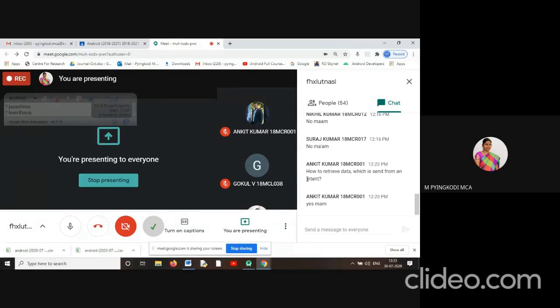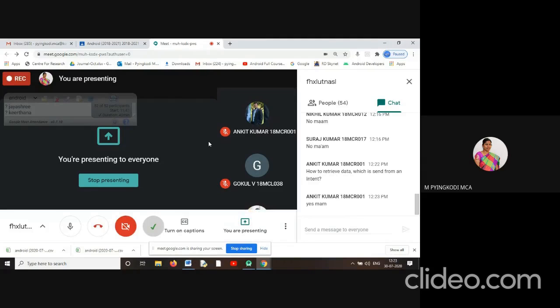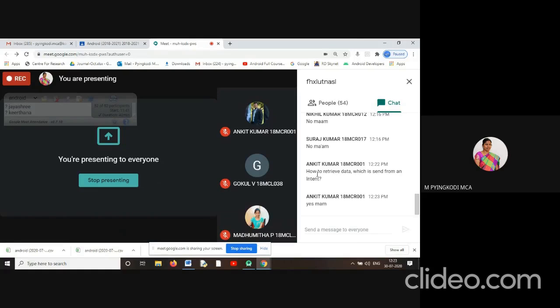We have one intent object, and with the help of that intent object, we can retrieve the data from one component to another component. In Android SDK, we have an object for this intent. We will see later.